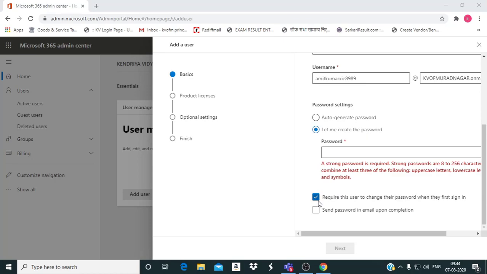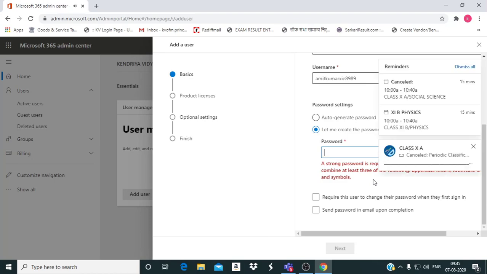Also remove the check mark on require this user to change their password when they first log in. Also remove this one and provide him a new password. You may provide any string with a combination of small or capital alphabets along with some digits, special symbols, etc. You may include these in your password.